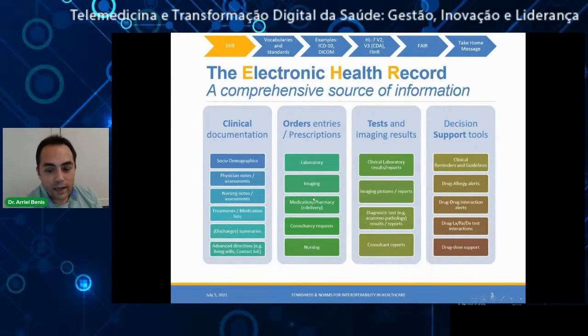So the electronic health record is classically built around the clinical documentation, orders and prescriptions, test and imaging results, and an important component for the last decades when we are talking about medical informatics, the decision support tools. So in the clinical documentation, we know that we have